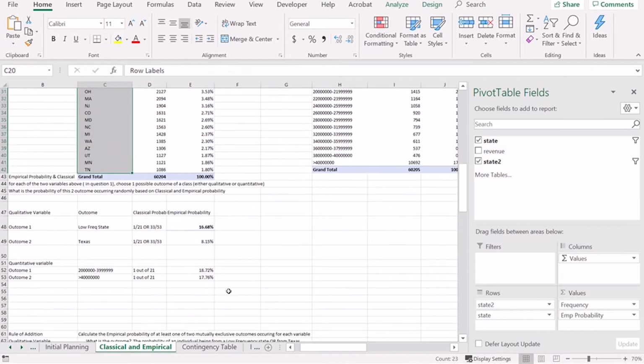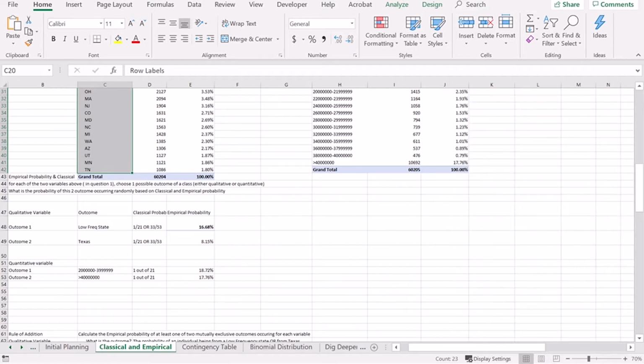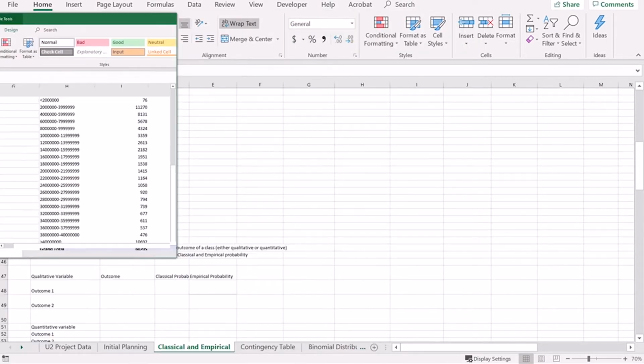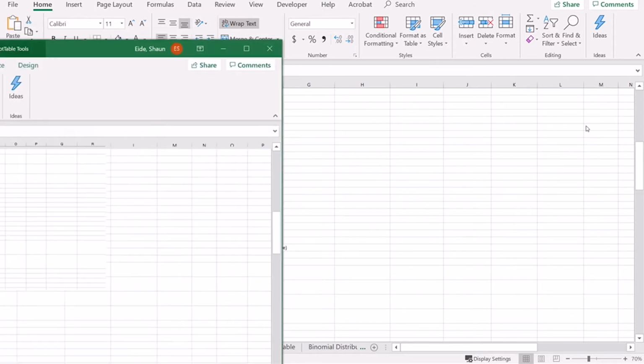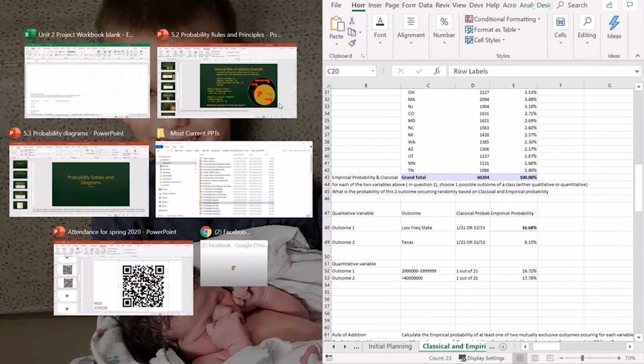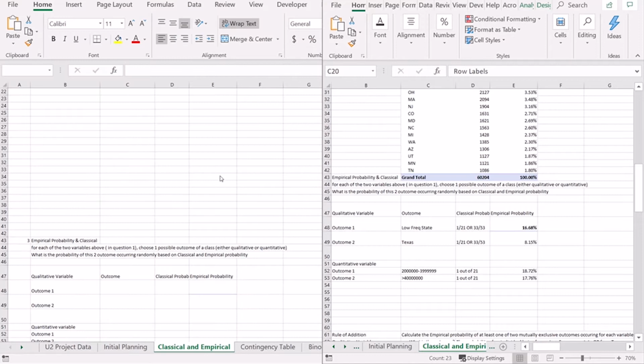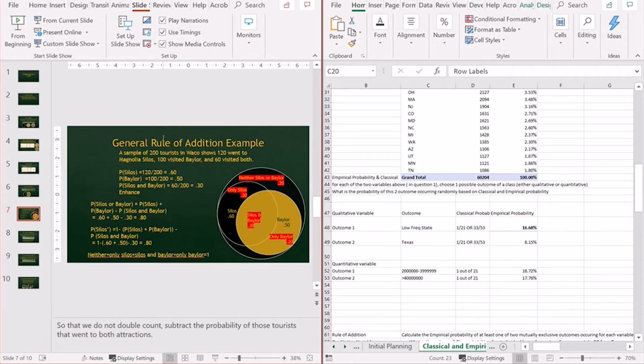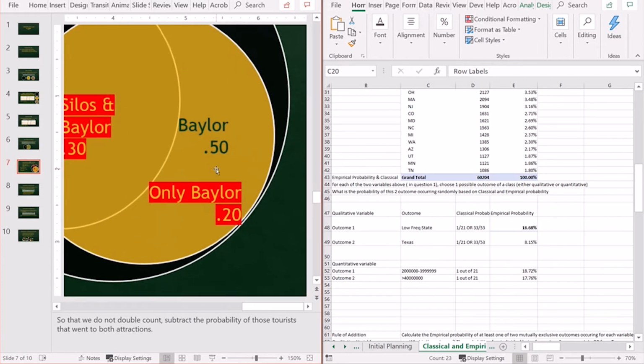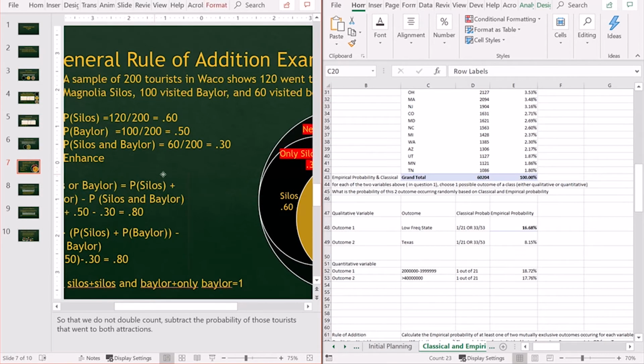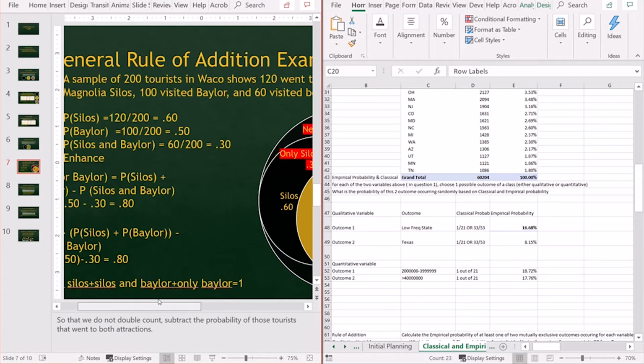And so we're going to go through an example. And in this example, we are going to pull it straight from the PowerPoint. Okay, so in this PowerPoint, we've got here